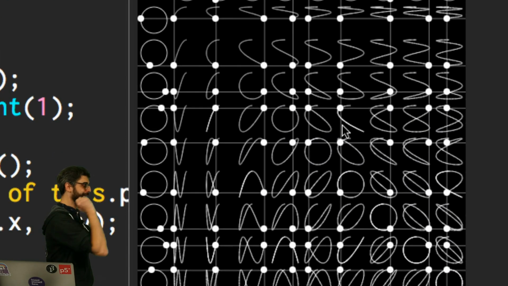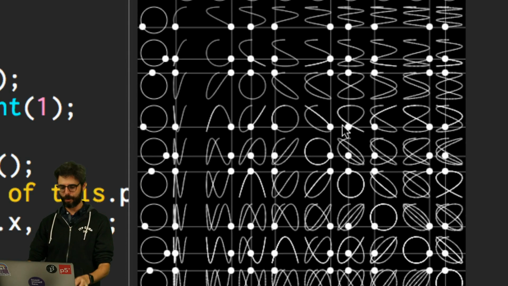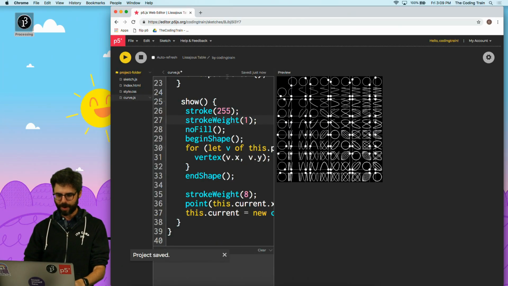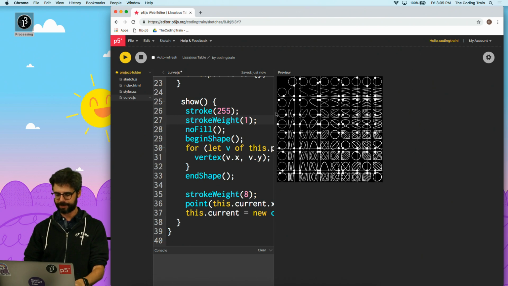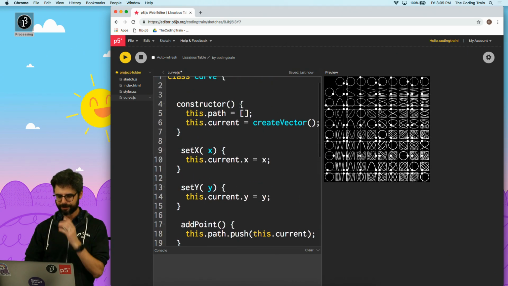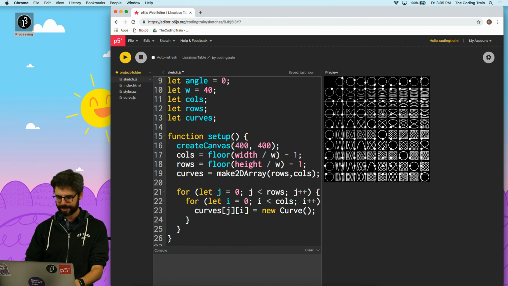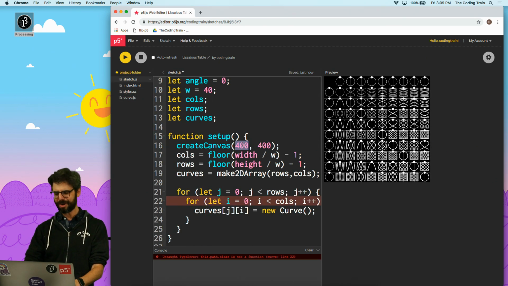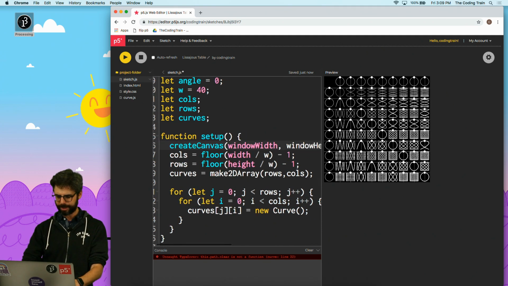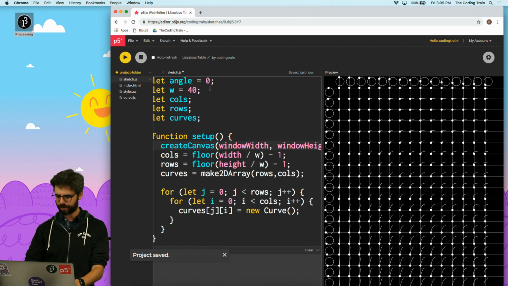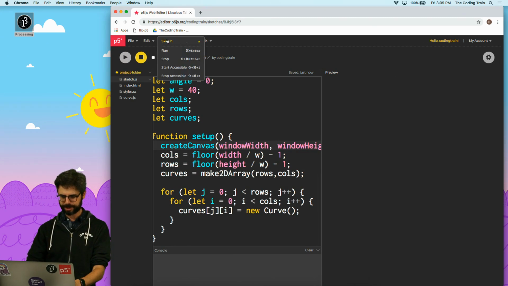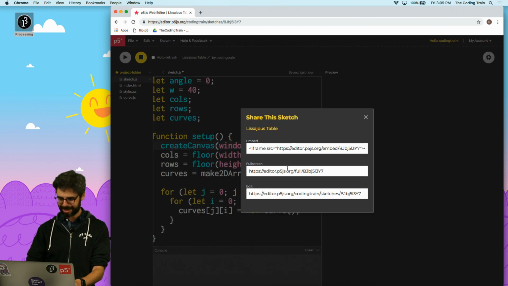Lissajous table in JavaScript. Let's see how it performs. So by the way, this URL will be linked in the video. Let's try, I forget how I do this, but I think if I say create canvas window width, is that what it is? In P5, window width, window height, that will give me the whole thing. There we go. And then if I do sketch or file, save, file, one more, share, full screen.